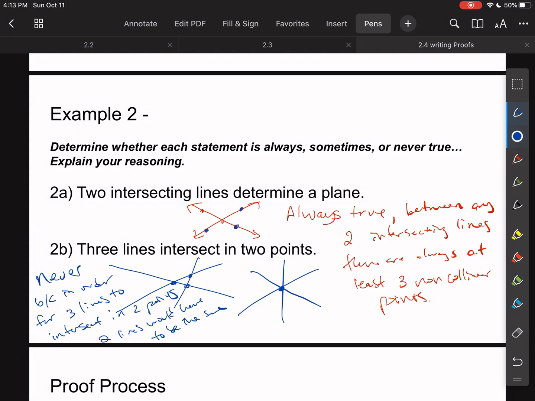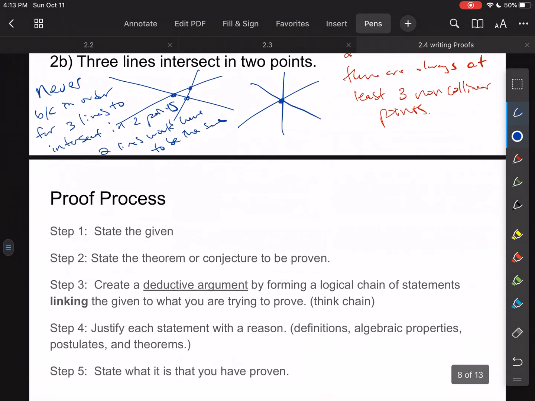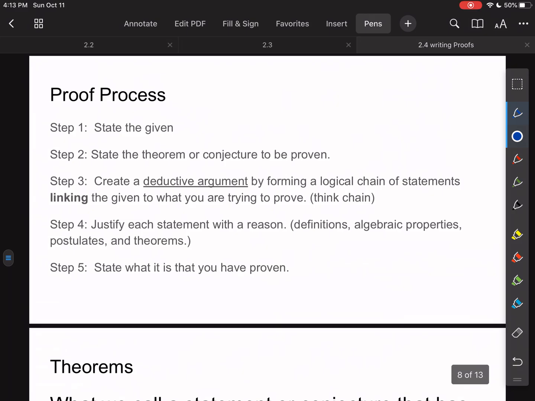Right, you'd have to have the exact same line twice in order for it to happen in 2 different places. So there's no way for that to happen if we're talking about 3 different lines. Okay, moving on to proof process. So here are the 5 steps